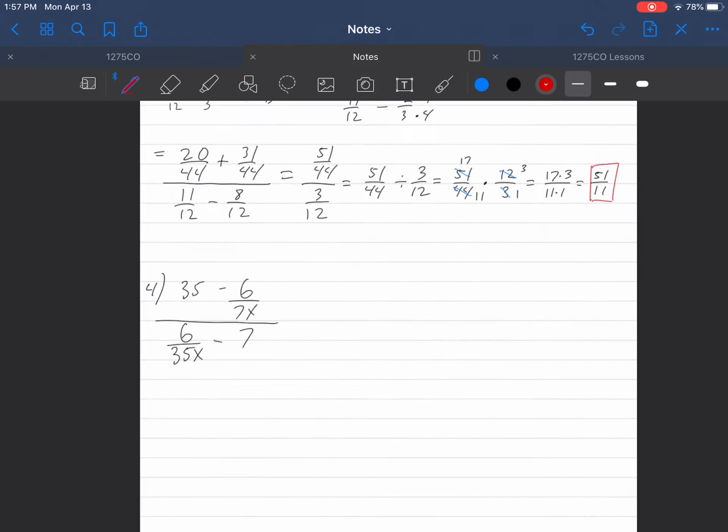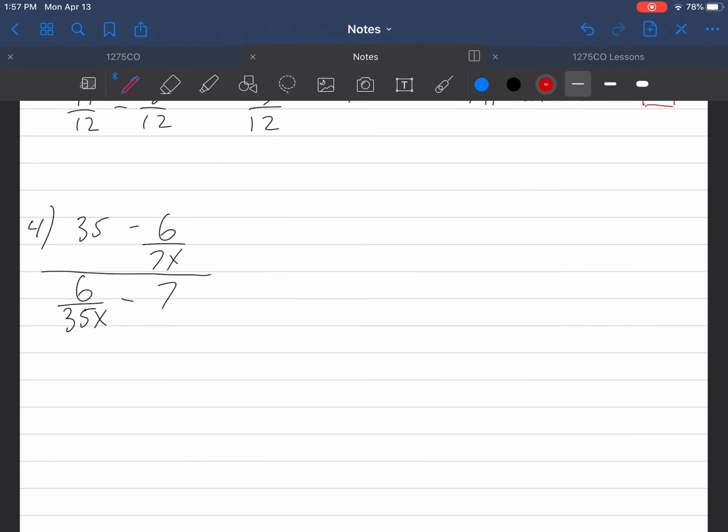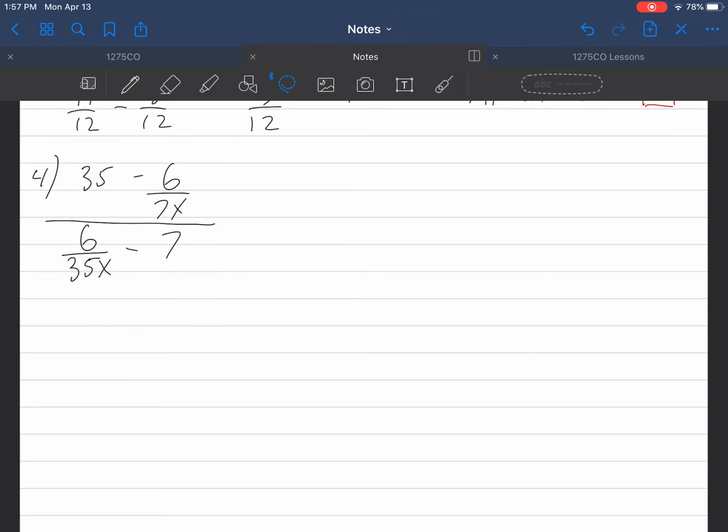And this is our final answer because it does not reduce any more than that. Let's look at this one. Let's give ourselves a little bit more room to work with. And we have here a